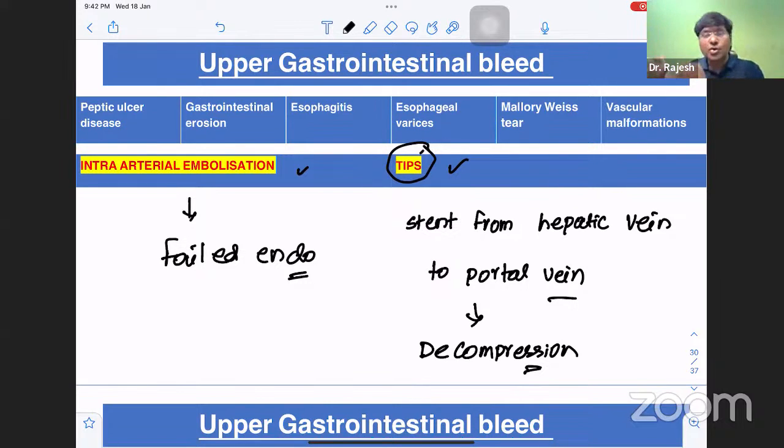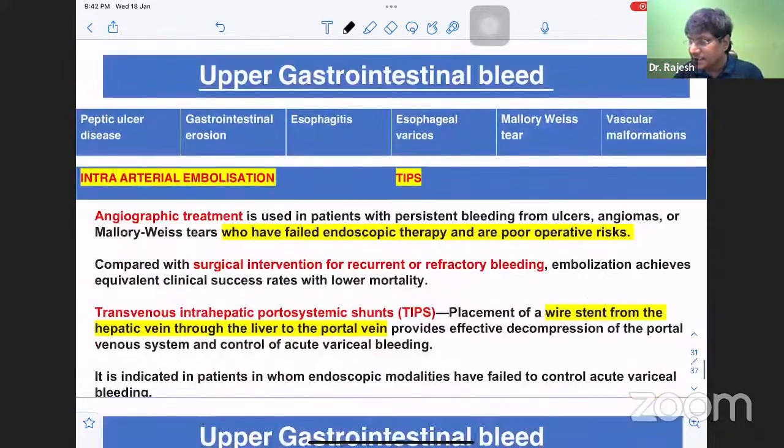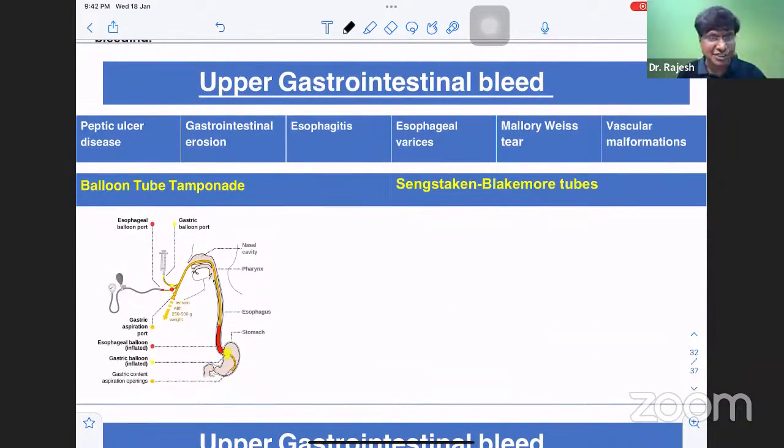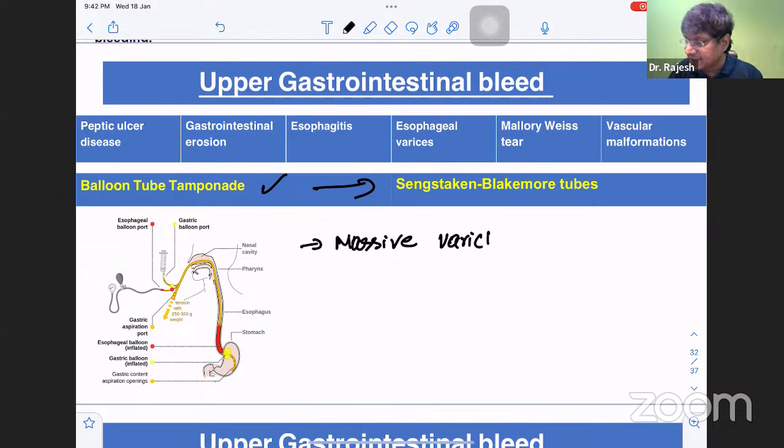But before going to that particular story of TIPS, what are the temporizing measures? What are the temporary methods? The temporary methods are the balloon tube tamponade, that is Sengstaken-Blakemore tubes. So in patients with massive variceal GI bleed,